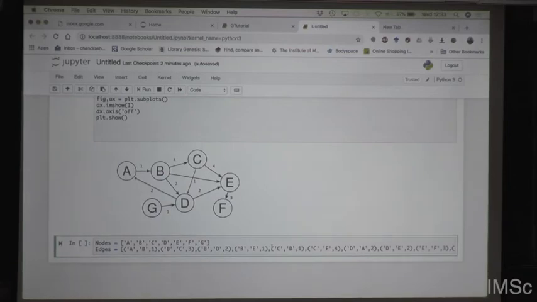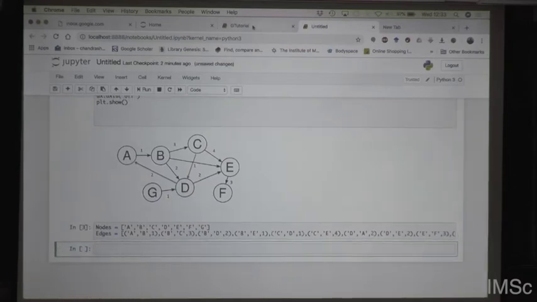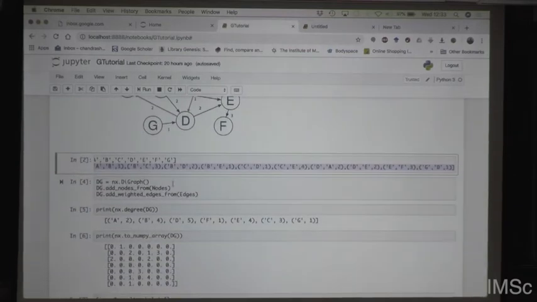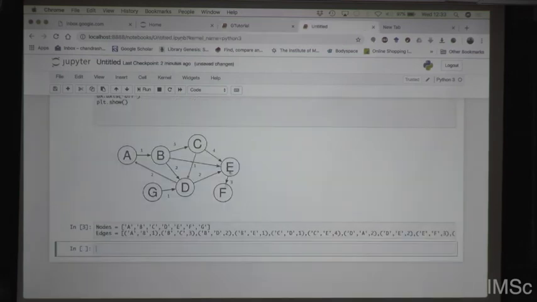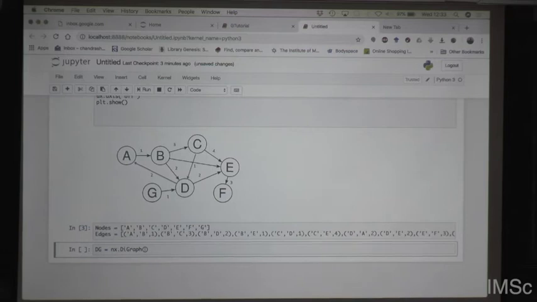So once I've done this, then what do I do? I create a graph. Since it's a directed graph, I'm going to call it DG. There's a class of objects called directed graphs, as it's indicating, DiGraph. Okay, I create one. Then I need to add